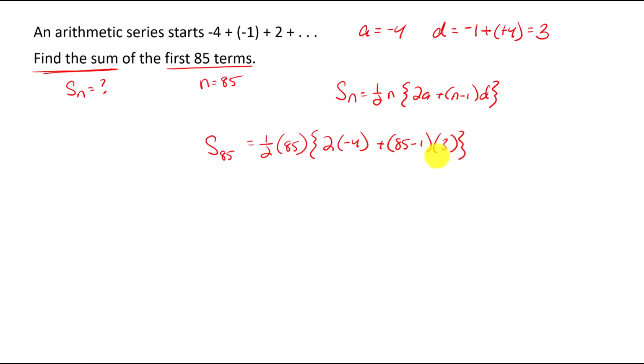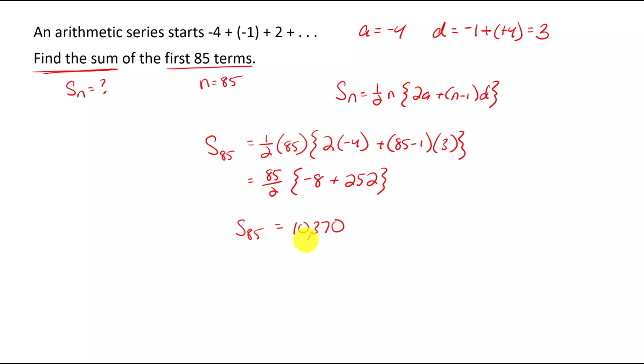And so again, this one's just like the others. I have all the information I need here, so I can just solve this side. I'm going to leave this as 85 over 2. 2 times -4 is -8. 85 minus 1 is 84, and 84 times 3 is 252. And then you can do 252, or you can do -8 plus 252, and then multiply by 85 over 2 in your calculator. And when you do that, you get